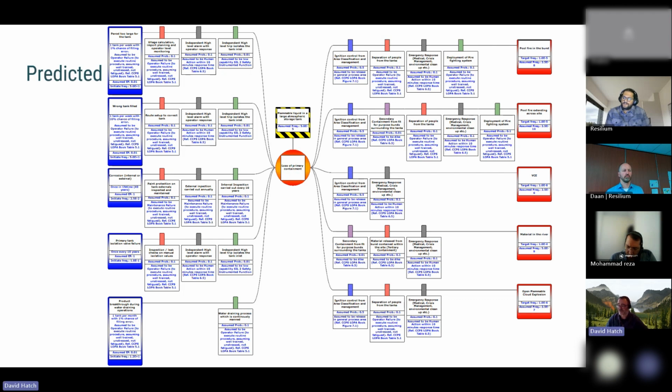So we tend to make predictions based on other people's data. Unless we are really diligent and disciplined to actually acquire and analyze the data, we're making judgments based on generic data in terms of how often we expect to overfill the wrong tank, or how often we expect our ignition controls to fail. So it's really important that we localize this to get actual evidence data that is relevant to our activities,